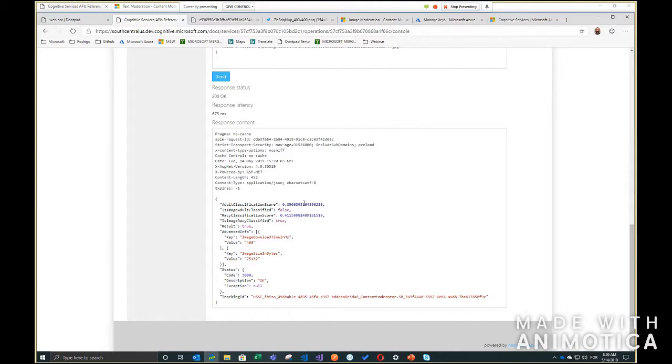Okay, what can I do with this information? If you have a workflow, and I will show you how workflows work in a few seconds, you can define if this image should be reviewed, blocked, and so on. But if not, your application will have access to this JSON file, and in your code, you decide what to do with the image. It's up to you. It's your code, and you decide what you want to do with this.